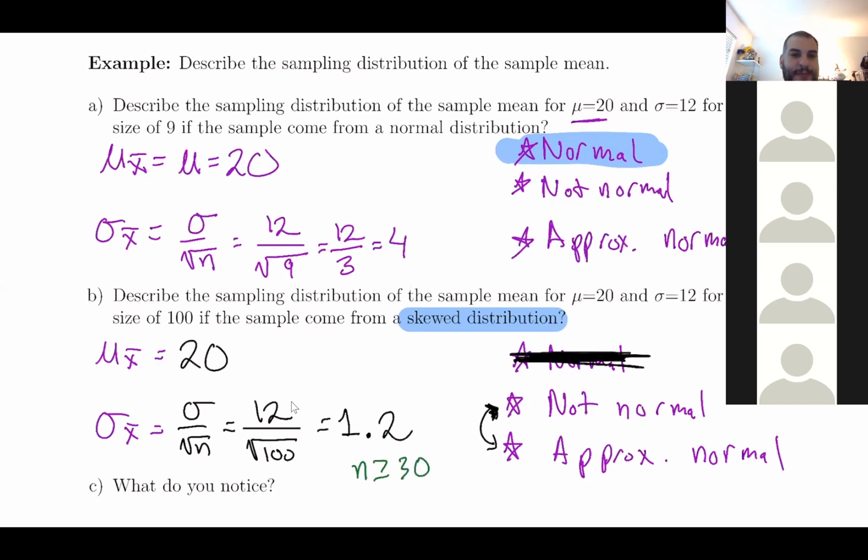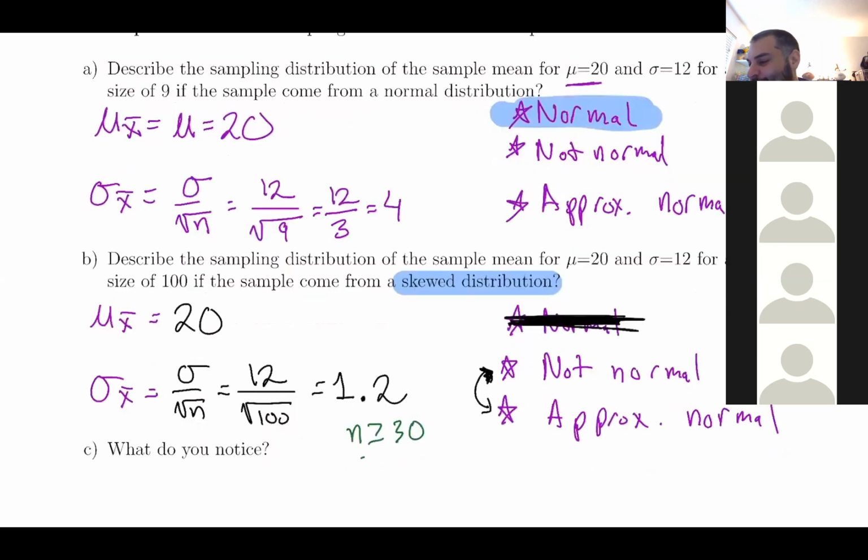In this case, what's my n? 100. So you have to ask, is 100 greater than or equal to 30? Well, yeah, 100 is greater than or equal to 30. So since 100 is greater than or equal to 30, your answer will be